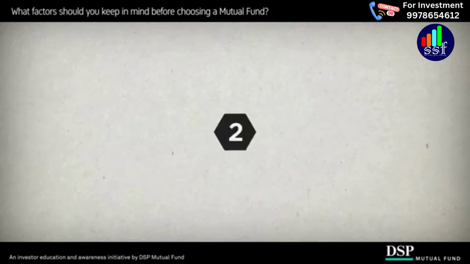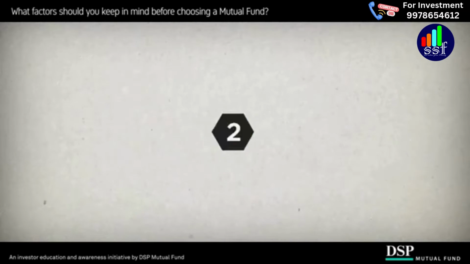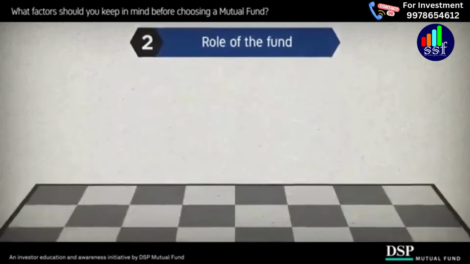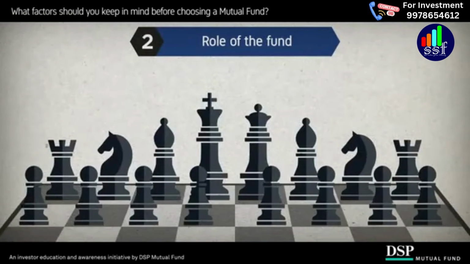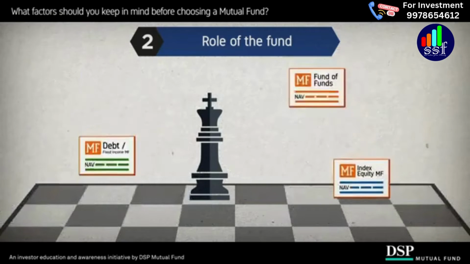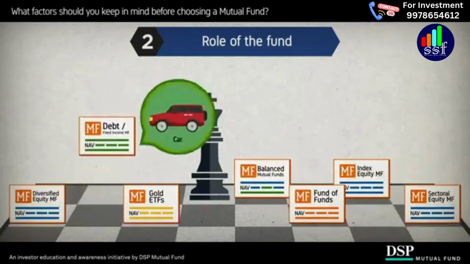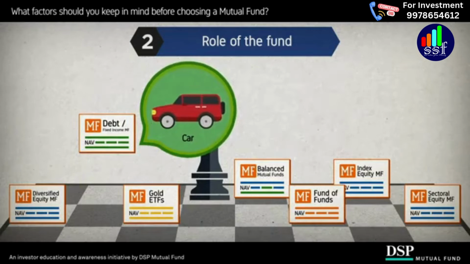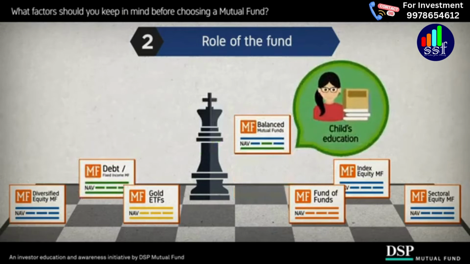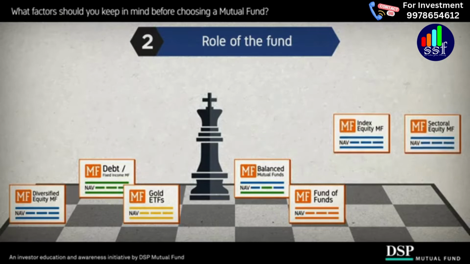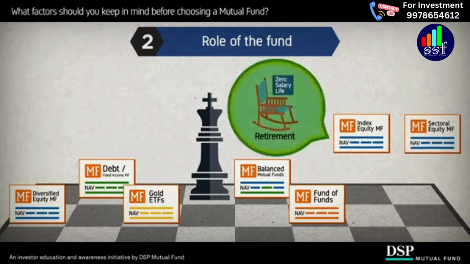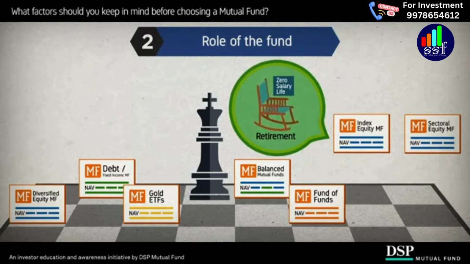The second factor to consider while selecting a mutual fund is its role in your portfolio. Just like on a chessboard, every character has a certain role to play. Different mutual fund products play different roles in your portfolio. Identifying what role a product needs to play will keep your portfolio clean and well balanced. Think of teamwork every time you consider your portfolio, and then think of the reason why a particular fund is there or needed for your portfolio.